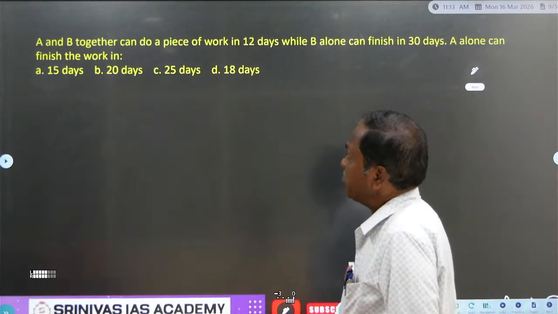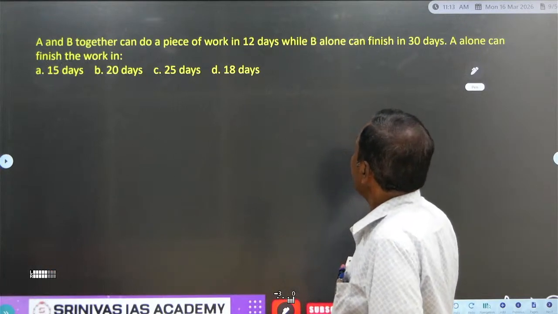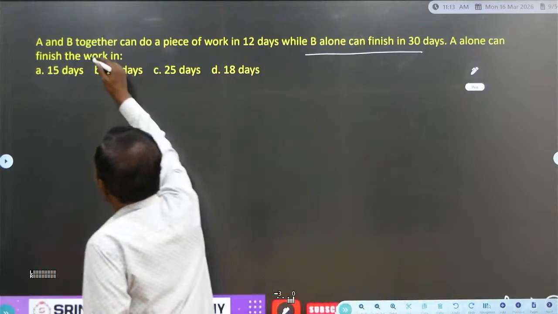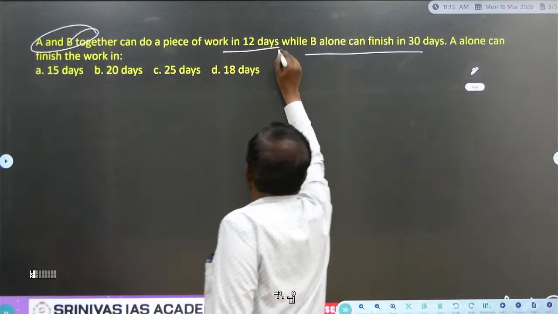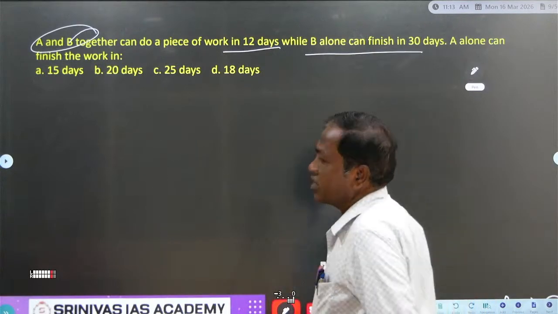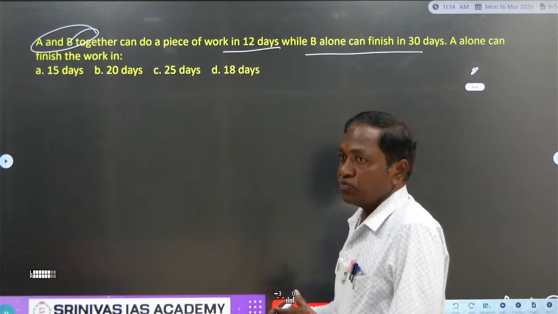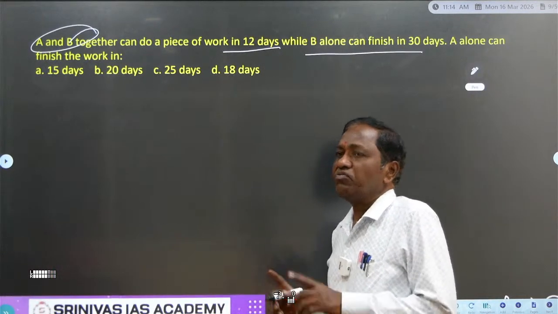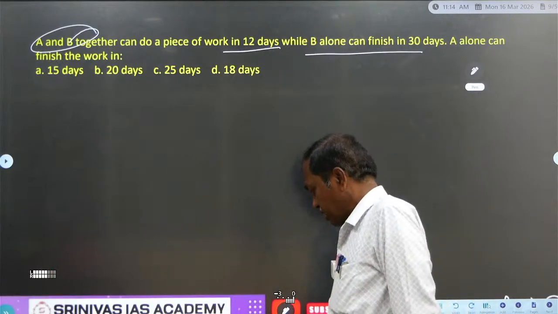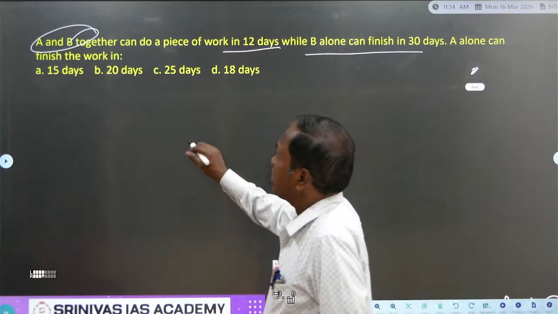Now, A and B together can do a piece of work in 12 days. B alone can finish in 30 days. A alone can finish the work in. So far we have seen questions where A alone will complete the work in a certain number of days, B alone can do it in a certain number of days, and now A and B together can complete the work in. It means what? A plus B together